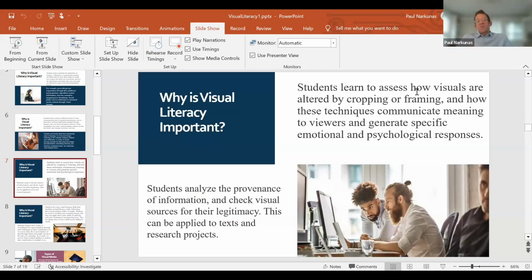Another thing is when you encourage students to look at the provenance of information and check visual sources for their legitimacy, this is a skill that can be applied to text and research projects. So it's a useful habit to help them both function in our contemporary society, but also a useful skill for the kind of work we're all doing in our classes.